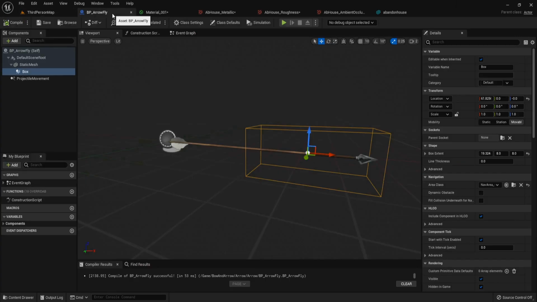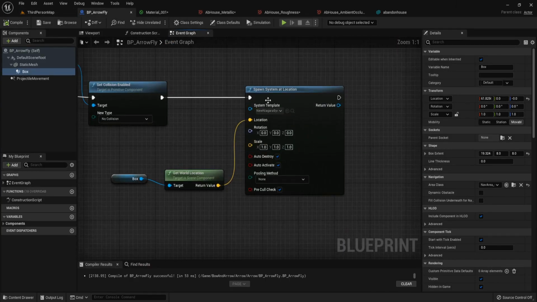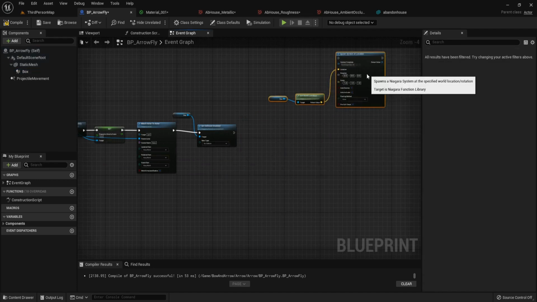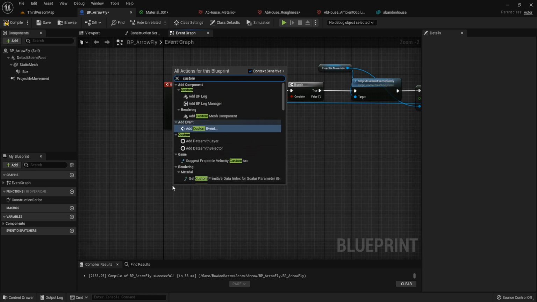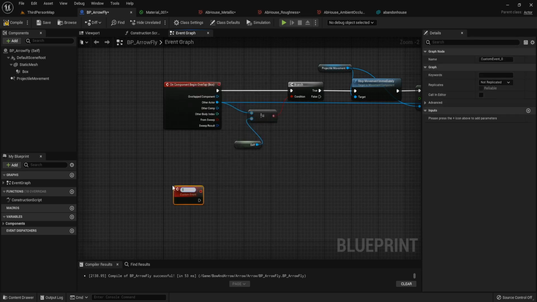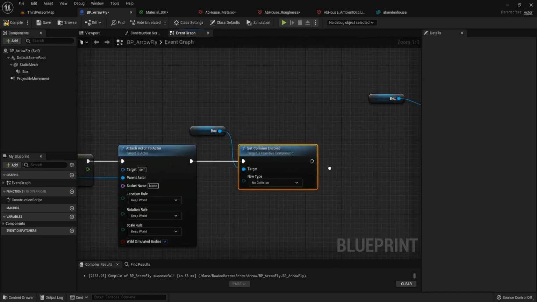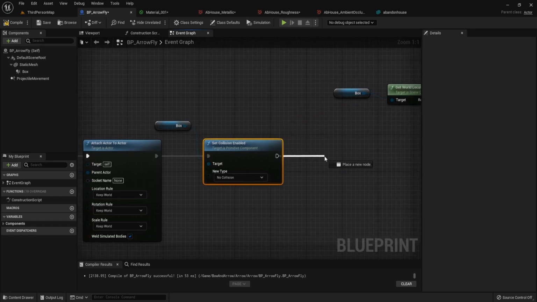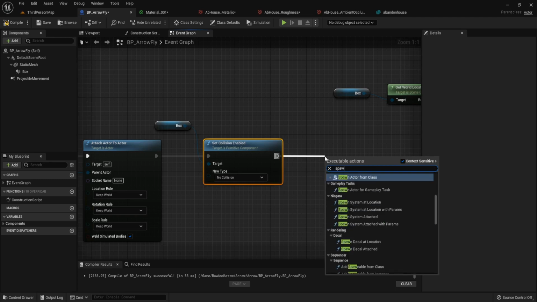On the BP arrow fly event graph, we don't spawn this effect. Create a custom event. Name it spawn field. And after we set the collision enabled to no collision, we call this spawn field.